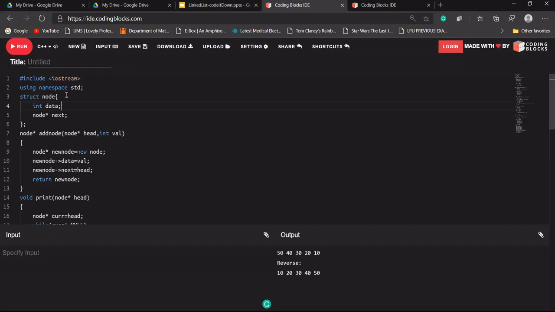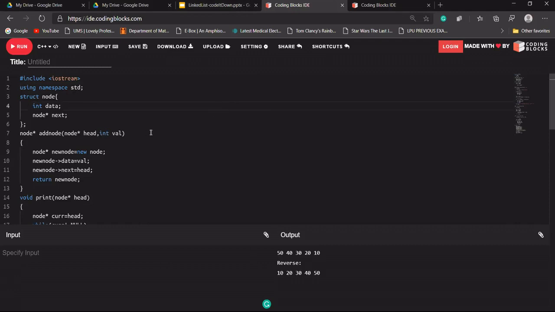If we add something, that node structure will be different, and we cannot set its next part, because that will hold the address of some other data type, some other node. We cannot add into the same. Okay, Ashish, I think you got that point.